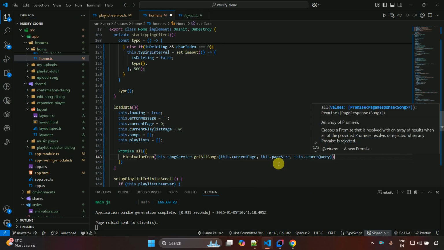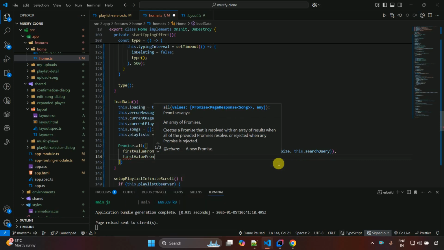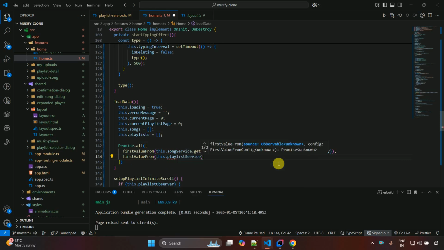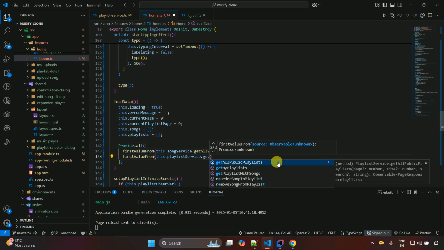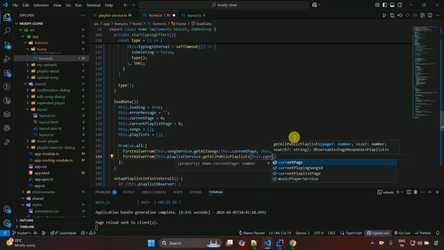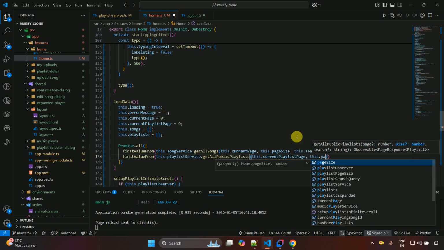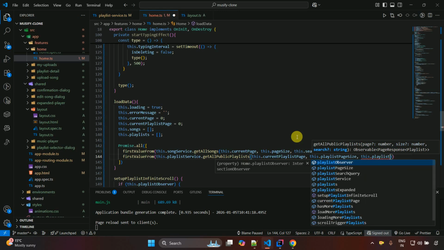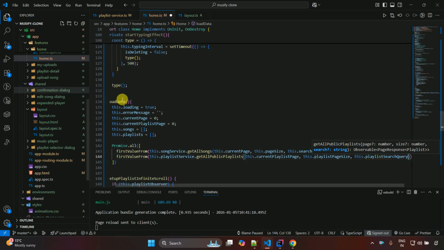You have to just pass all these values, then put comma, and then first value from we have to pass, and this dot playlist service dot get all public playlists, and inside this one this dot current playlist page, this is the variable current playlist page, this one, and this dot playlist page size, this one, and then this dot playlist search query, this one. Let me decrease the size of this one,